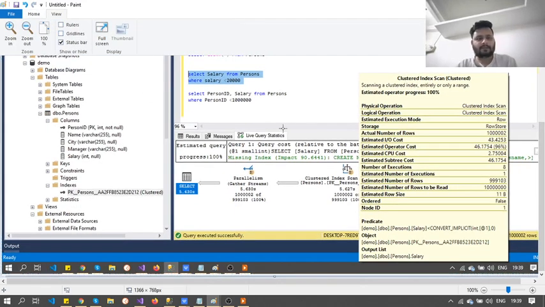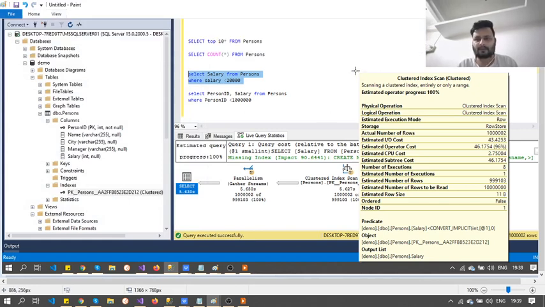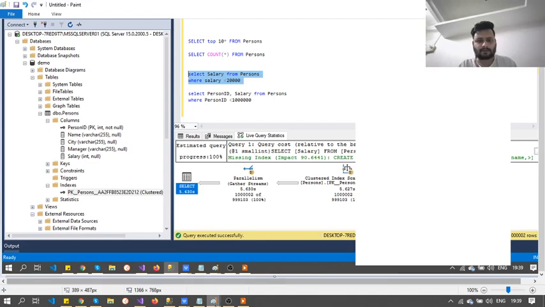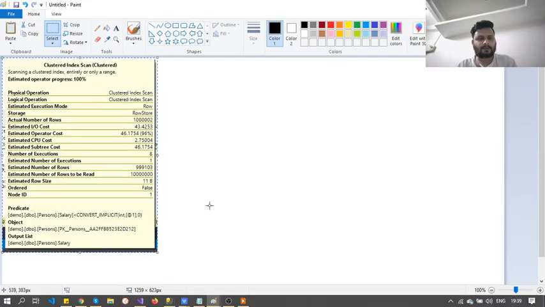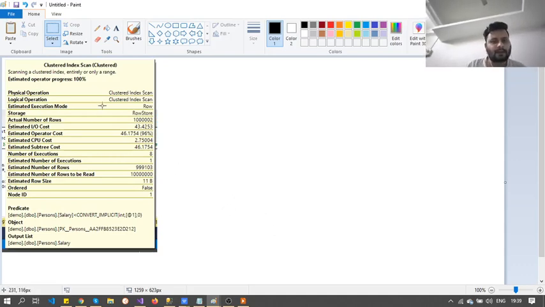Just give me 1 minute. I'm just cutting and pasting this to another folder, just to see something. So this is the output of the query plan.